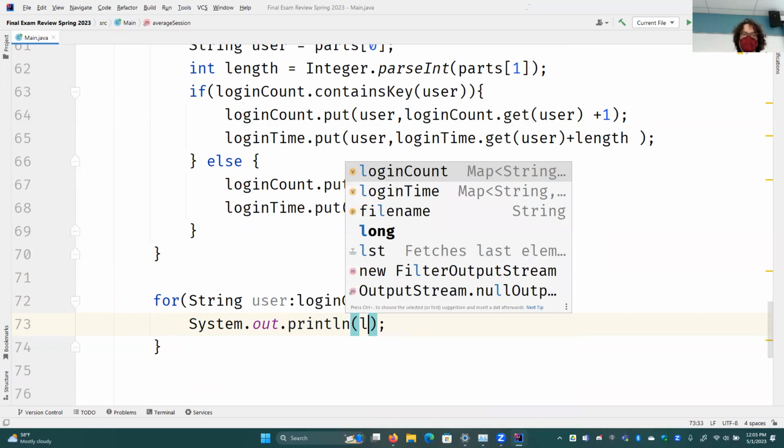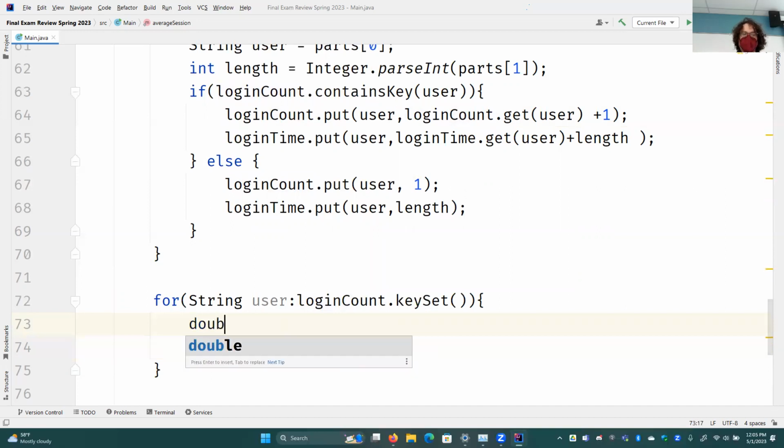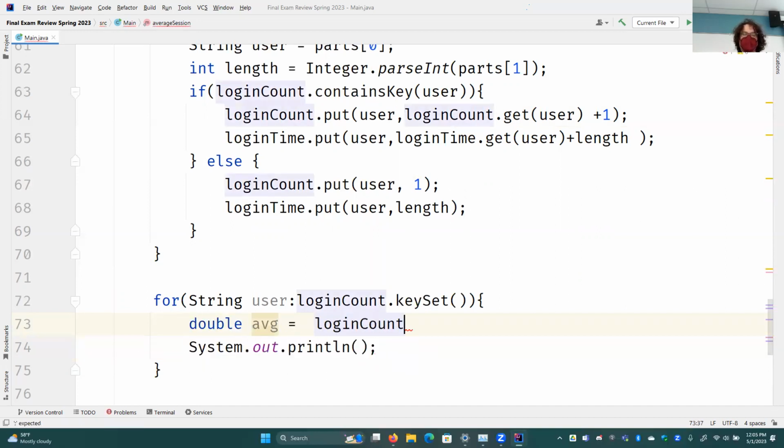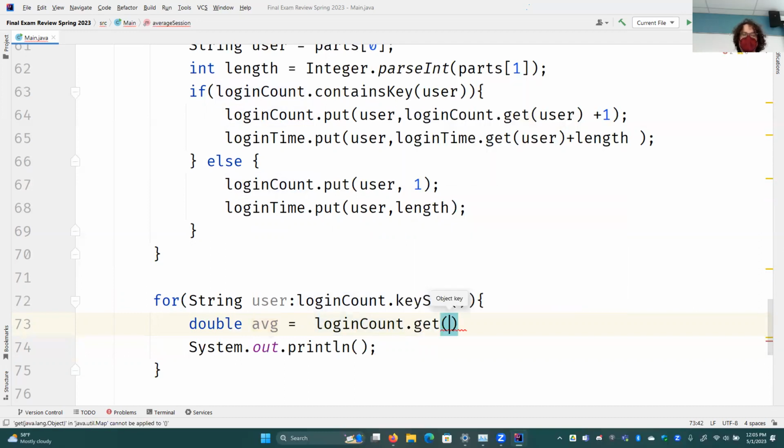And this is going to be a long line, but whatever. Actually, let's go ahead and say double average is equal to loginCount.get